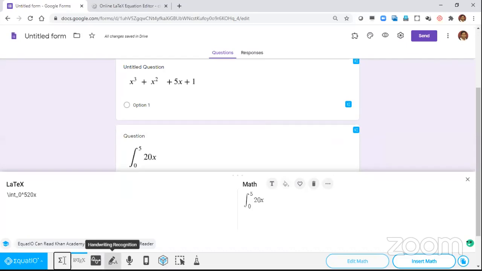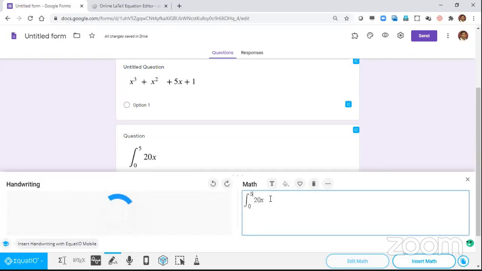Thank you. Now this is another thing. There is one more option, handwriting. Let me not put anything here now. You can write here by handwriting, and it will convert to math automatically. That's a beautiful thing. See, all free, nothing paid, all free.